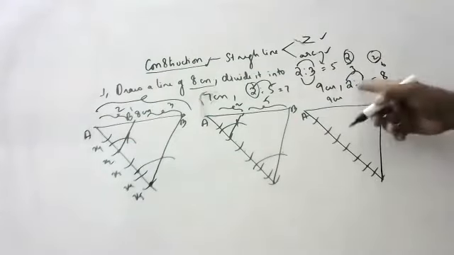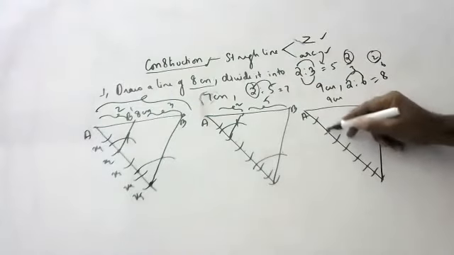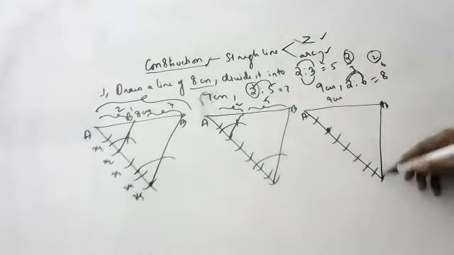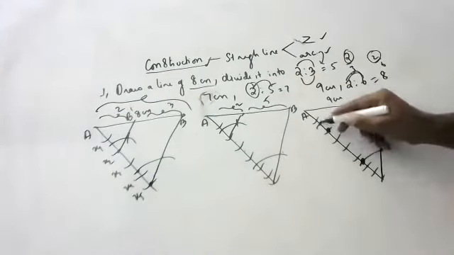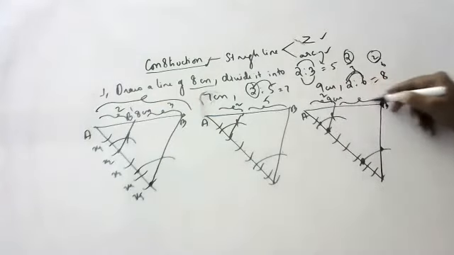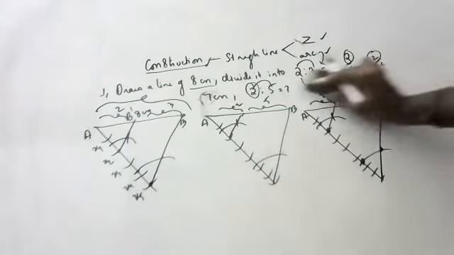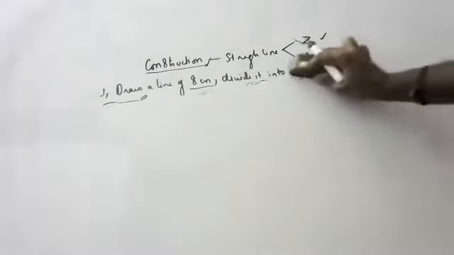From the second, 2:6 actually won't exist. I'm sorry, children, but no problem. Okay, so from the second line draw a parallel line. How to draw a parallel line, children? From here one arc, from here one arc. Take this distance with the compass. With the distance you cut. This is two parts, and this is how many parts? 6 parts. 2 plus 6 is 8. Children, like this you have to draw. Hope you are able to understand, children. So like this you have to do the normal method, children. This is the arc method. Okay.